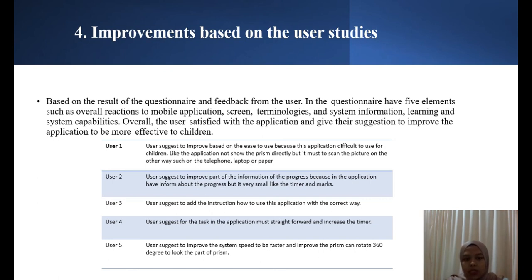User 2 suggests improving the part about the progress information. Because the application does inform about the progress, but it is very small. When the children do some tests on the prism, at the top of the application a timer and marks are provided, but the timer and the marks are very small. It cannot